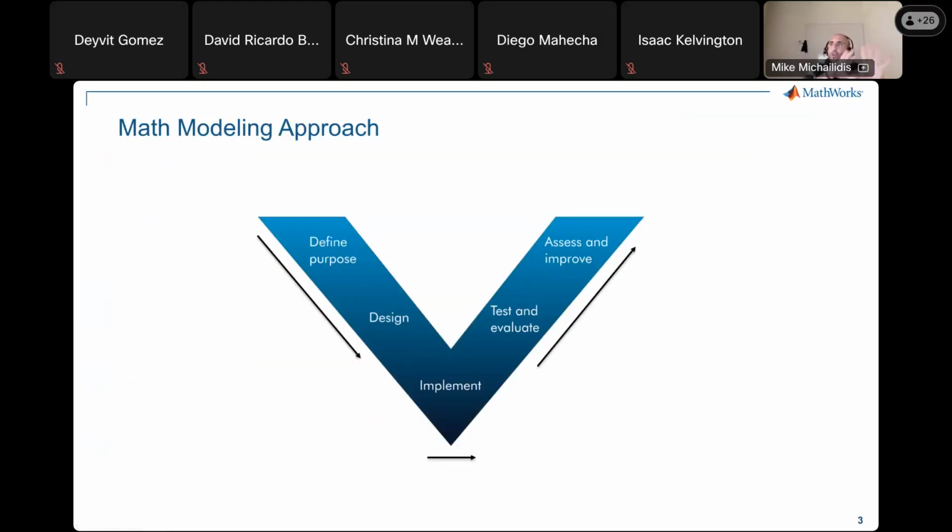We've already defined the purpose, what we are trying to do with the problem statement from the previous slide. And specifically with MATLAB and with computation, we are going to study design, implementation, test, and evaluation. This is a cycle we are going to go through, where essentially what we will do is we will